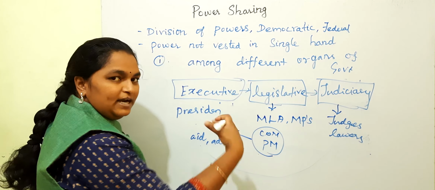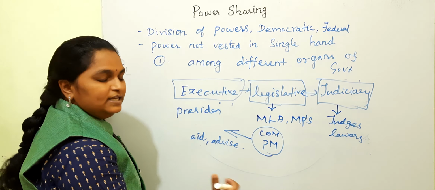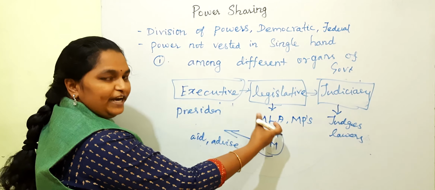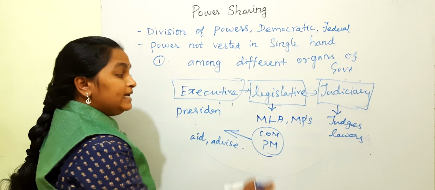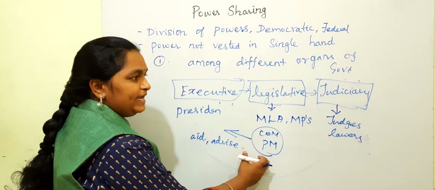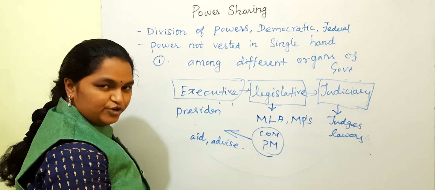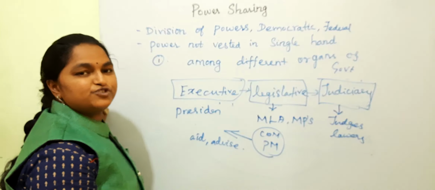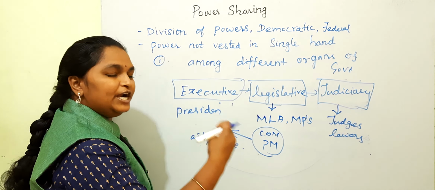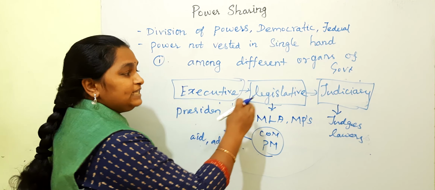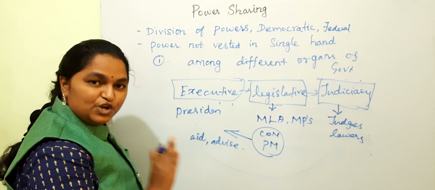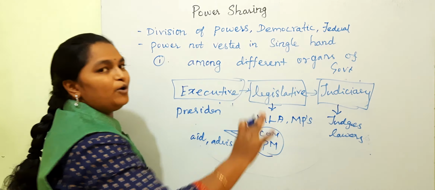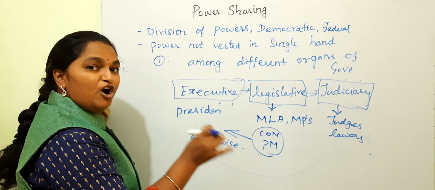The legislature's duty is to make law. In Parliament or the legislative assembly, they will make a law. The law is known as an act. Here, the law or act made by the legislatures will be checked by the judges, that is, the judiciary body. They will check the laws. If the law adheres to the constitution, they will accept it and announce it as valid. Maybe the law made by the legislatures does not adhere to the constitution, the foundation or fundamental law, then the judiciary will announce that the law is not valid.